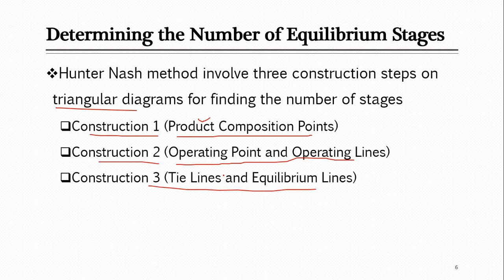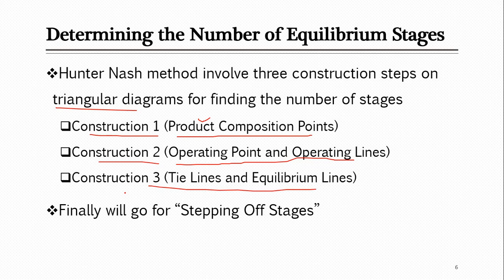As I was discussing with you in the last lecture, sometimes your mixing point M is located in between the tie lines, so you have to draw a tie line. This is somehow the same thing: you have to either interpolate, or look for some other ways to draw new tie lines between other tie lines. And then there are some other equilibrium lines, which we will be using here for the later construction of the number of stages.